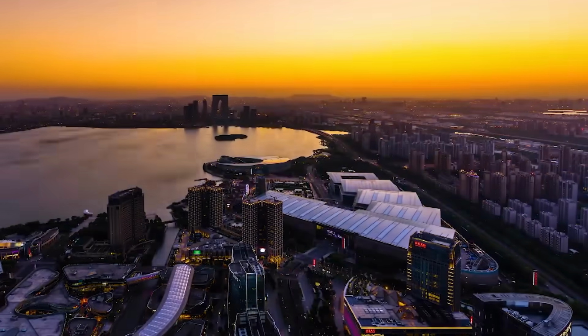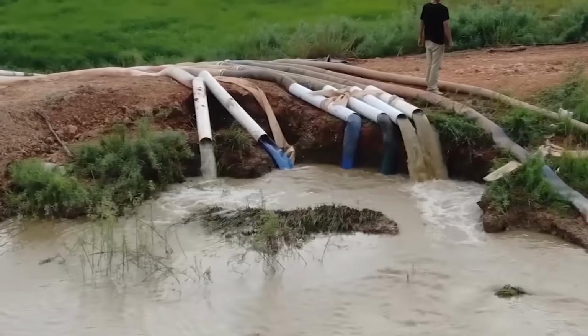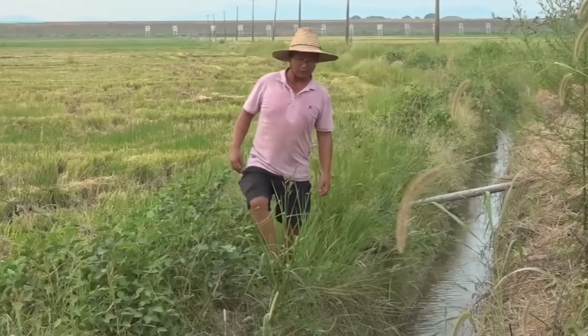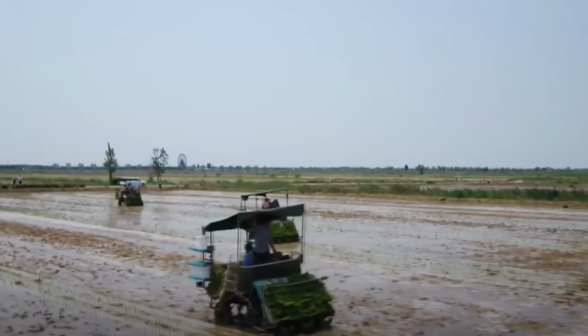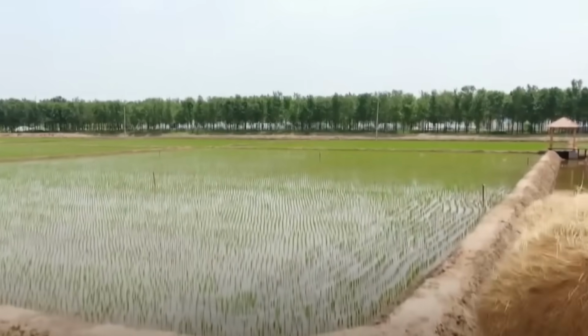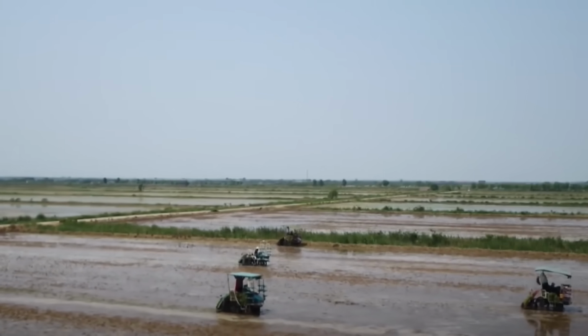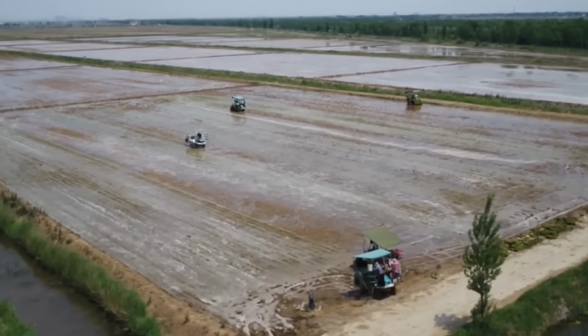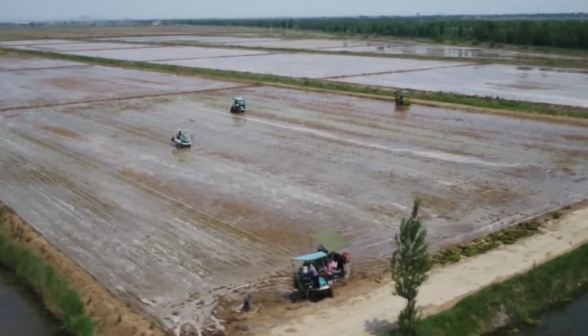Naturally, when a region has a ton of money, industry and agriculture thrive. Jiangsu, for instance, has an extensive irrigation system that supports crops like rice, wheat, and corn. For export, the province grows cotton, soybeans, peanuts, sesame, and tea, basically a whole lot of stuff. Oh, and we almost forgot about silk. That's another key part of Jiangsu's agriculture, with the Lake Tai region in the south serving as China's main silk